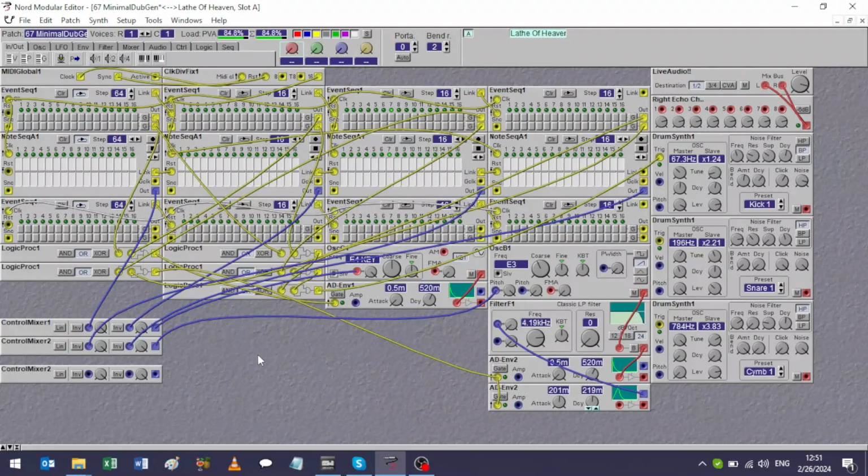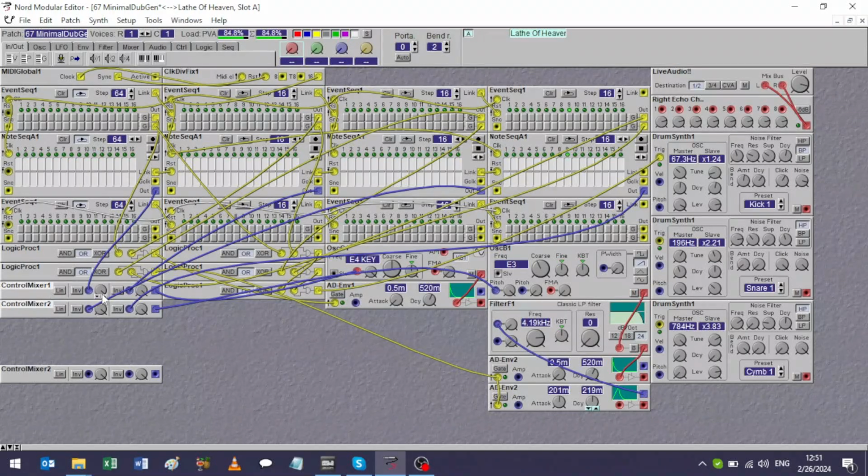So we set it all up here. The bass line has been divided into two bass synths. That's something new for this channel. We've never seen that before here. And what about over here? Oh, this is the second channel of the event sequencers at the top. So that's going to be the kick drum out. So we can just leave that the way it is. We can delete this control mixer since we don't need him anymore. Save whatever modules we can. And now we're at